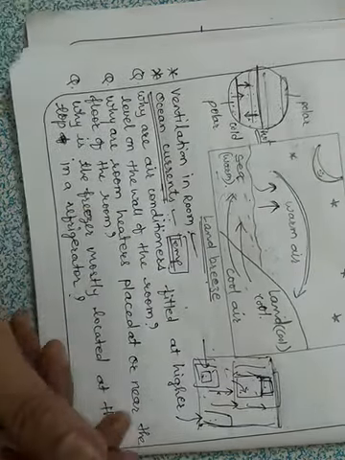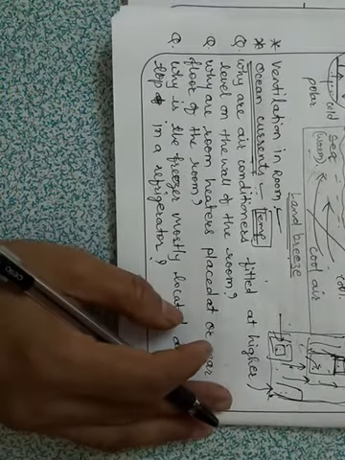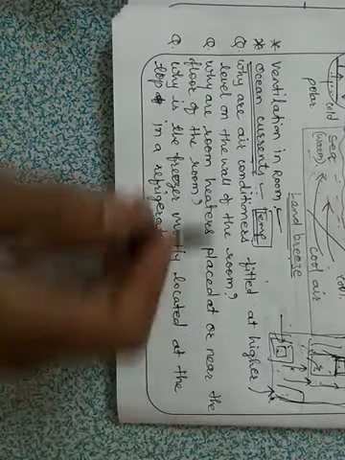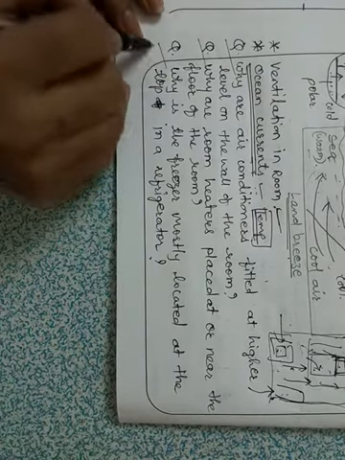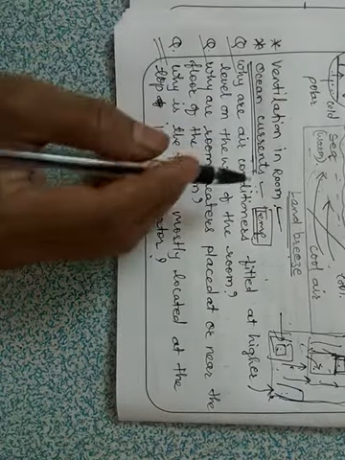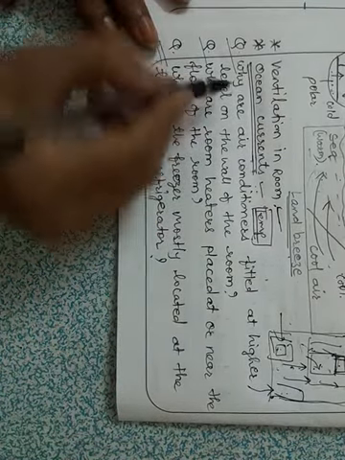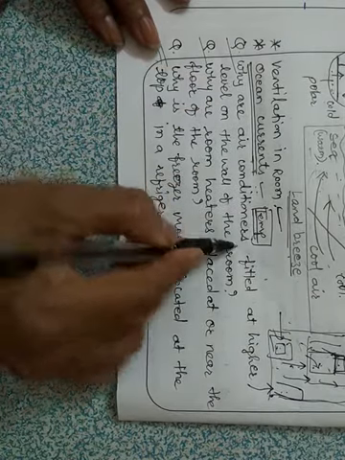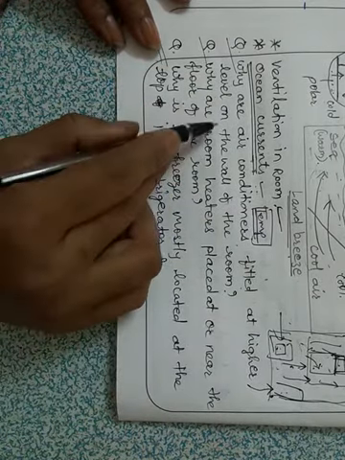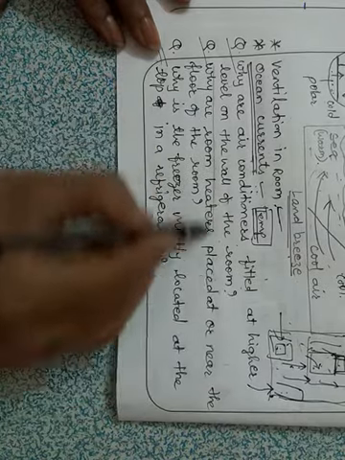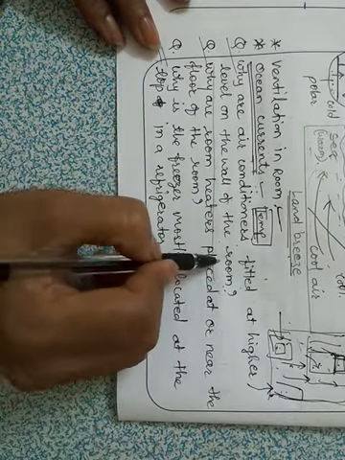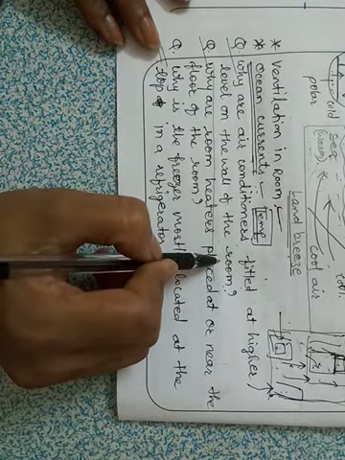Okay, then we have some questions here that we will discuss. These are common questions and you should know the answers to them as you are reading about convection. The first question is, why are air conditioners fitted at a higher level on the wall of the room? It is a common question. So what is the answer?